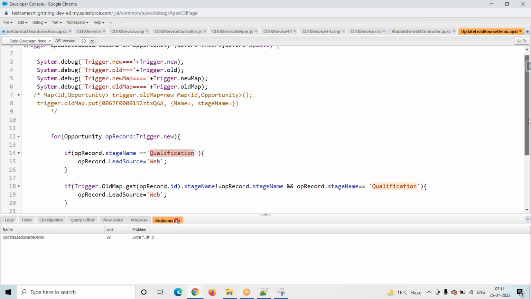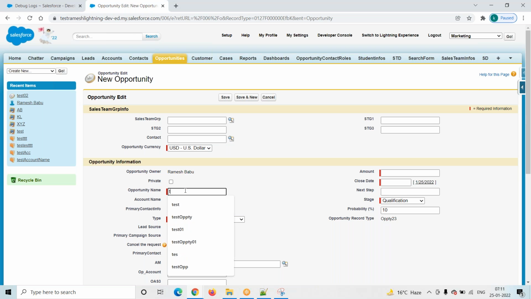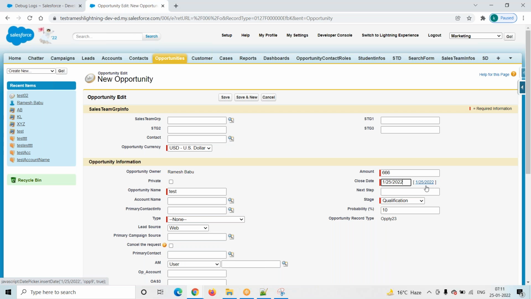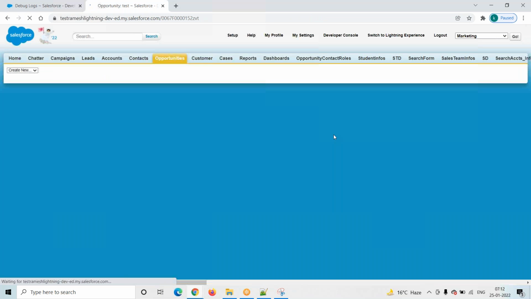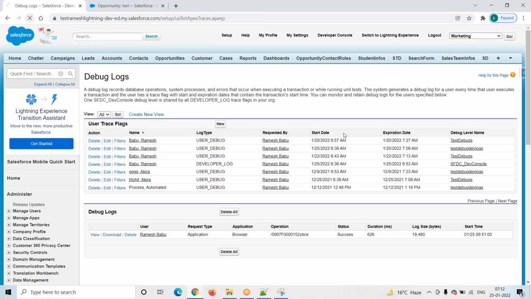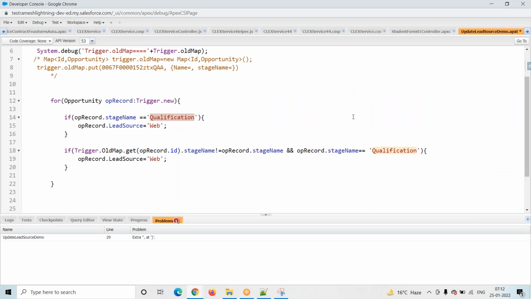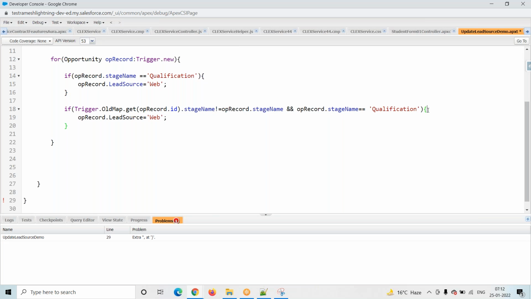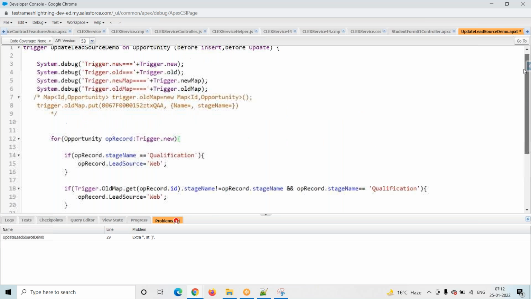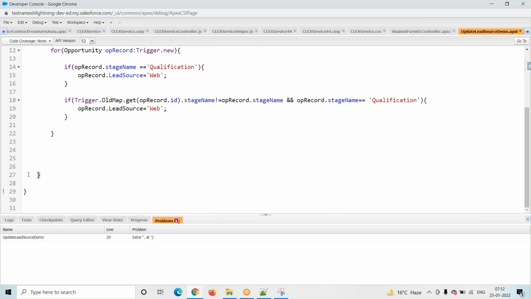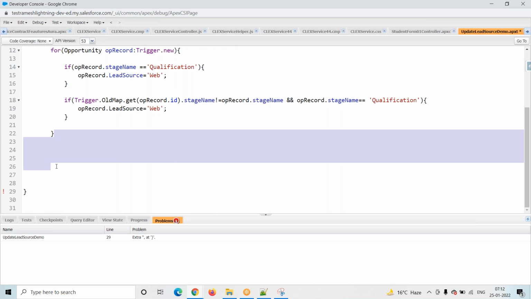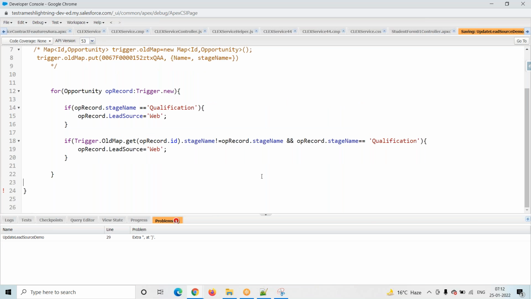Now coming in here, I wrote my conditions like this. Then what it will happen? Go to here, test, enter all these details, and then click on the save button. Let's see what it will happen. Now go to my debug logs, refresh this one. I'm again activating my debug logs. One second, it is not yet saved. Trigger not yet saved, one bracket extra we added. We will get one error. Let's see.